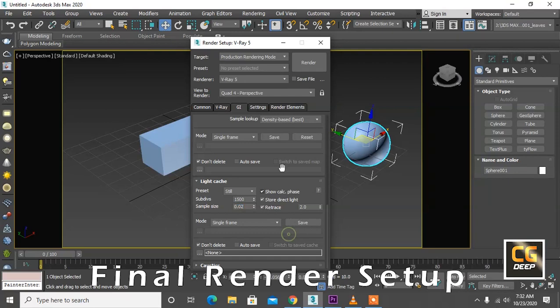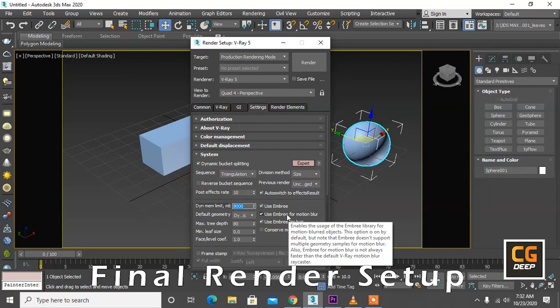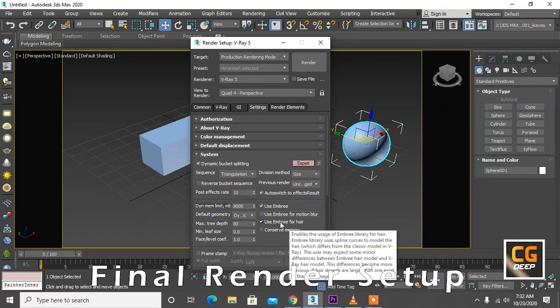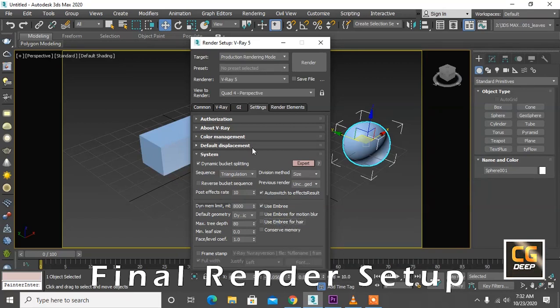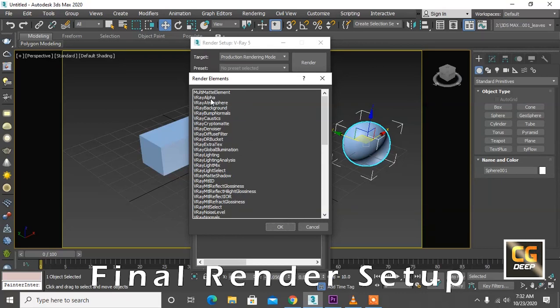Good. Now go to the settings and select dynamic and type 8000, sorry, and uncheck use embree for motion blur and use embree for hair. Uncheck this. Now go to the render elements and delete all the render elements and add alpha and